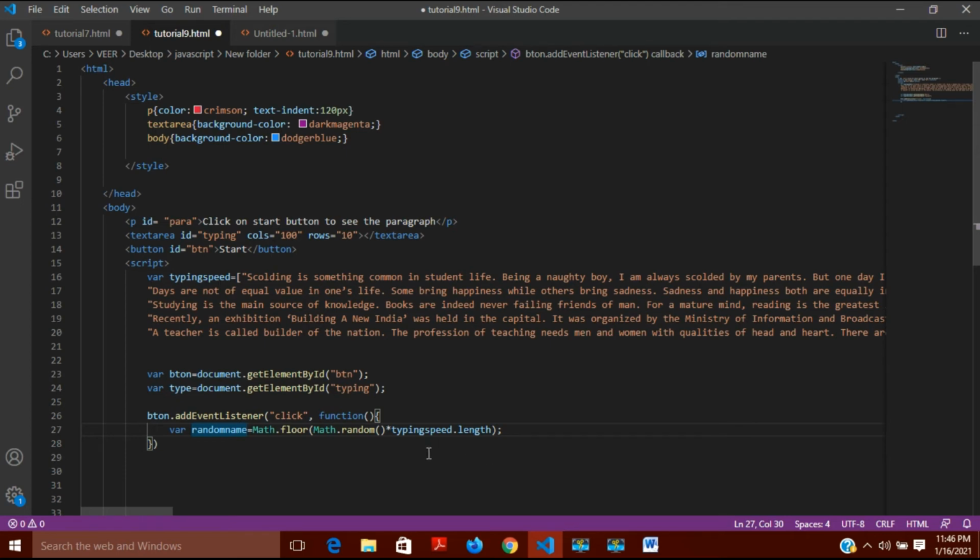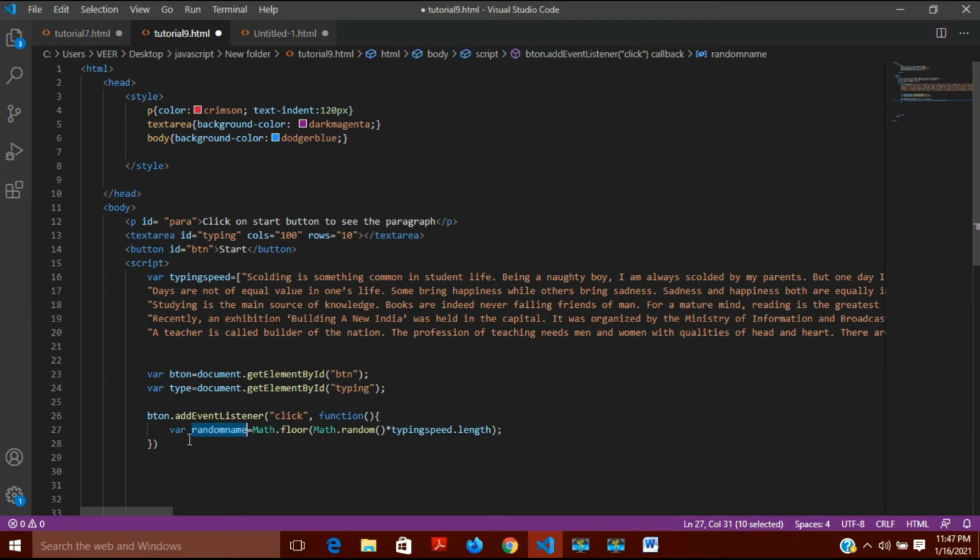Okay, now I will use this variable to change this paragraph. Now I have got a random number. For example, I will get any random number, 4 or 5, sometimes 3, sometimes 2, sometimes 1. If I'm getting 1, then this paragraph will be taken. If I'm getting 3, then this paragraph will be taken. If I'm getting 5, then this paragraph will be taken, and so on. These values will keep changing every time I refresh, or whenever I click on start.